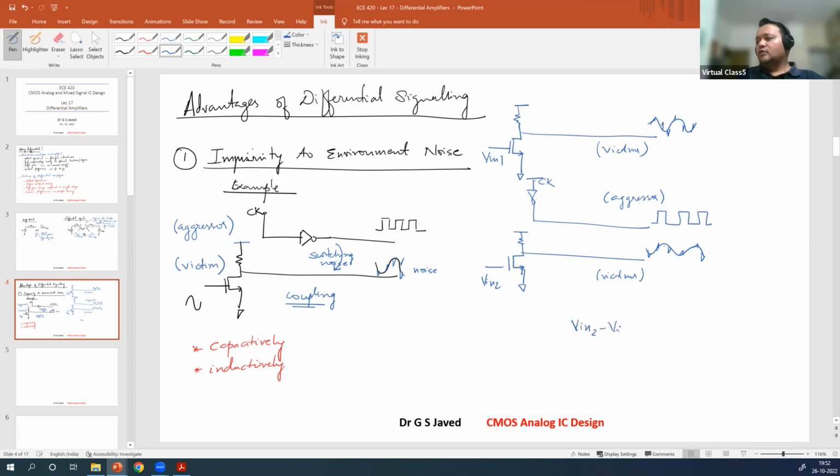So V in 2 minus V in 1 will be intact, with no noise present in them. So this is one good advantage of